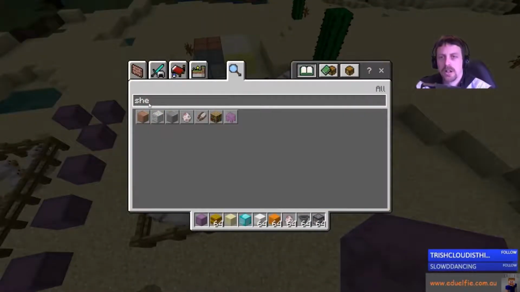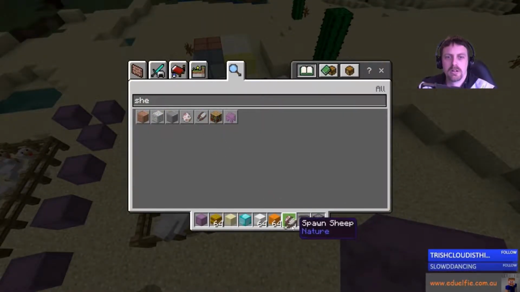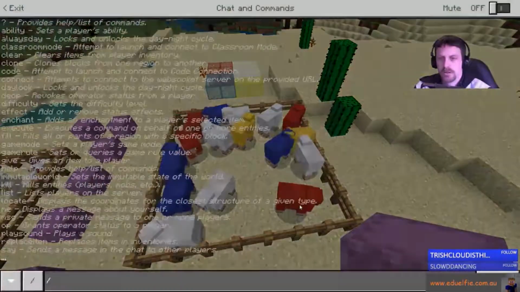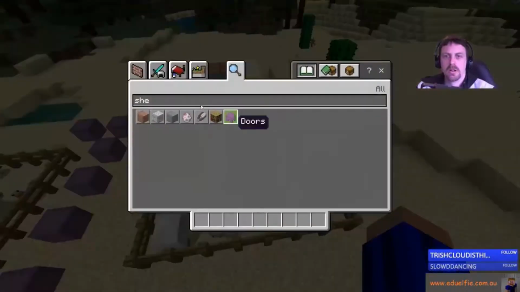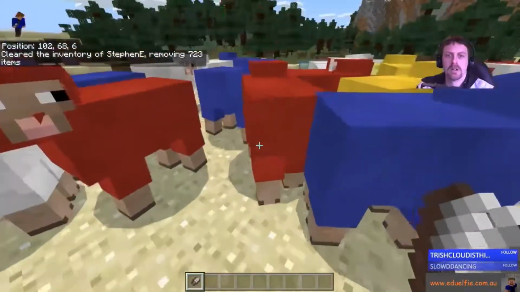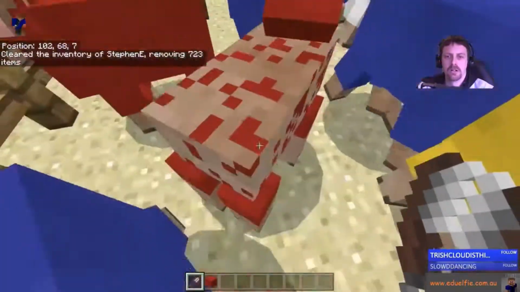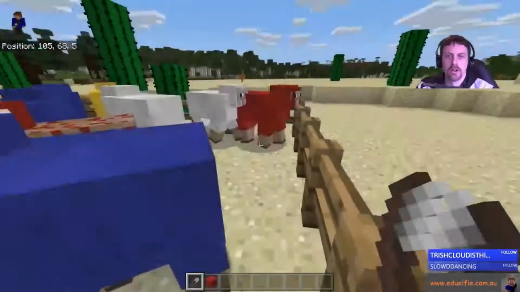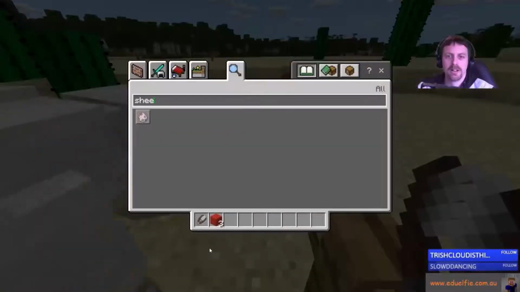Does it change how much wool you get when you shear sheep? I don't know. Okay. So if I shear, see, I get 2 red from that guy. I only got 1 red.